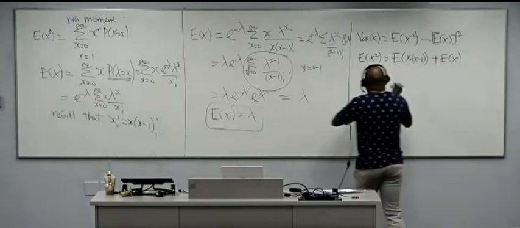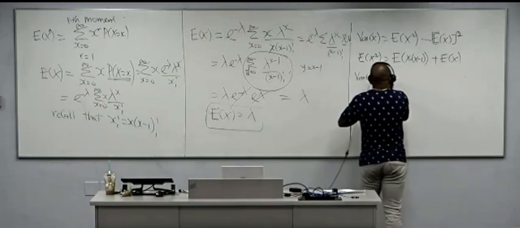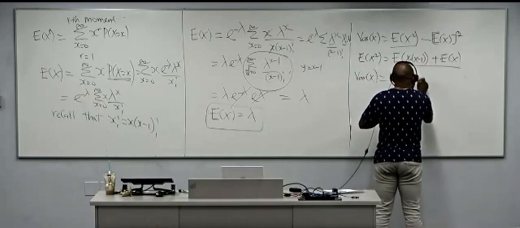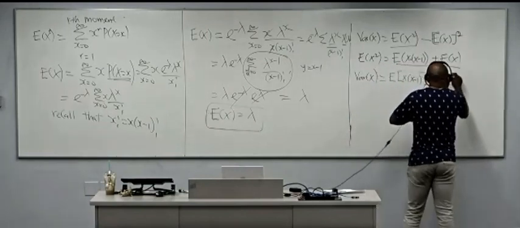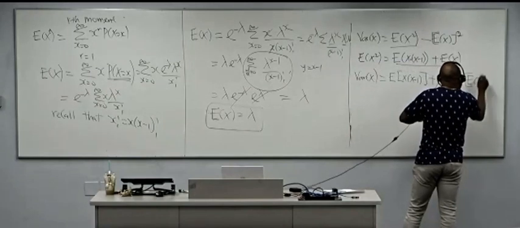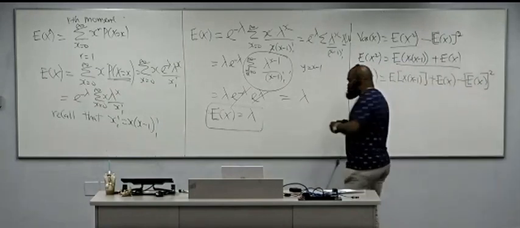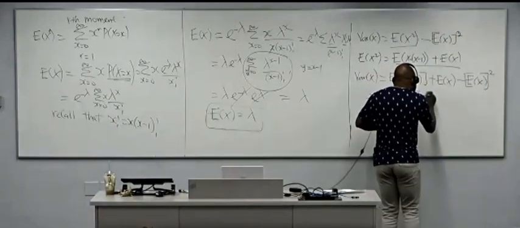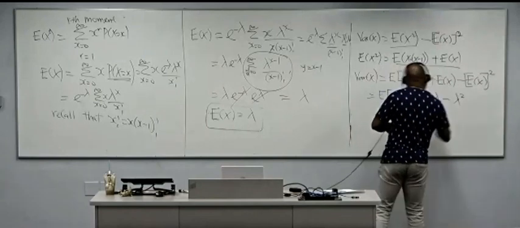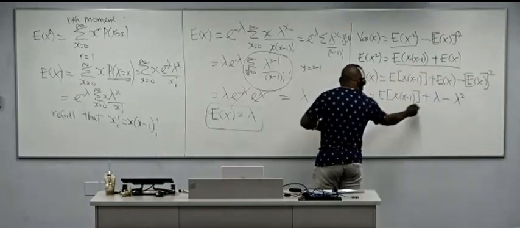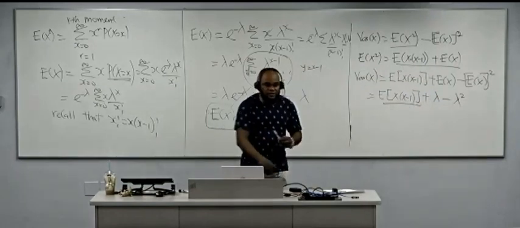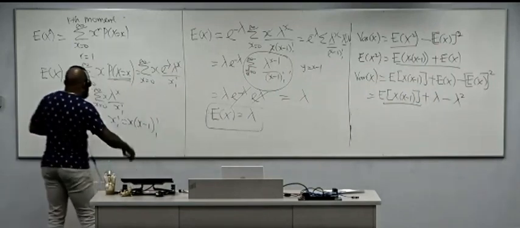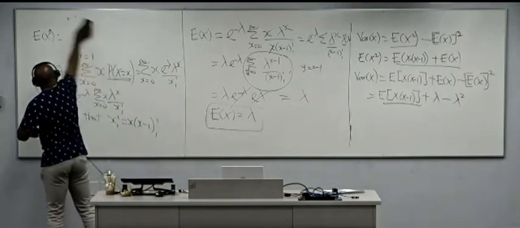If I want to rewrite the variance now, the variance of x is, by the time you plug in this guy here, expected value of x into this plus expected value of x minus this guy here. Which means I need this guy. What is it? Lambda minus lambda squared. Now I need to figure out this guy. I need to figure that guy out. Now if I want to figure that guy out,